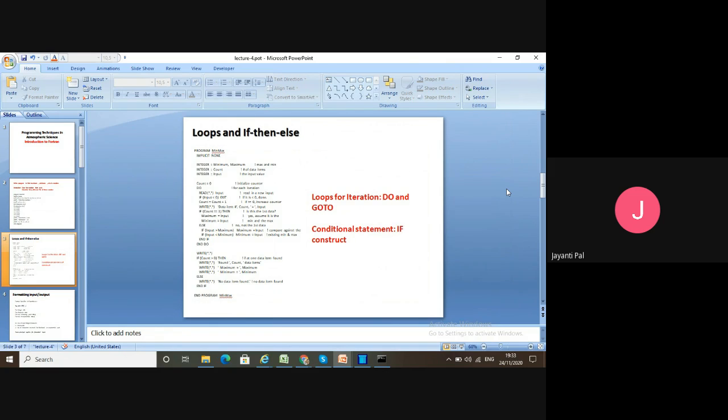And if you want to state some logical statement and make the program much more logical, then you have to construct if-then-else. This is not a loop, this is a conditional statement where you impose your condition. I will explain these two things using a single program.